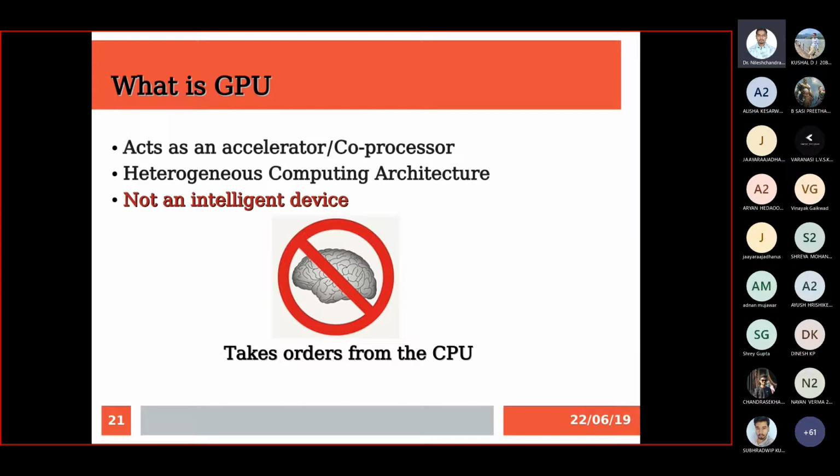All the instructions the programmer writes on the CPU side, and when you execute, the instructions are given to the GPU, and the GPU executes whatever tasks are there in parallel, as instructed only. It is not going to use its own logic. Whatever instructions you provide from the CPU, it will follow exactly. That's why it is not an intelligent device. It just accepts orders from the CPU.